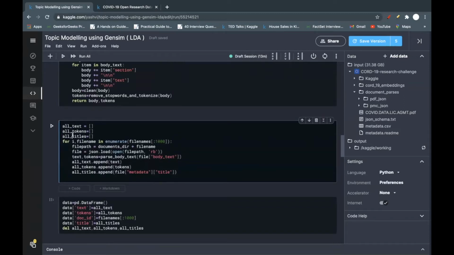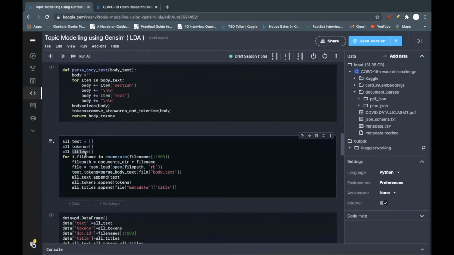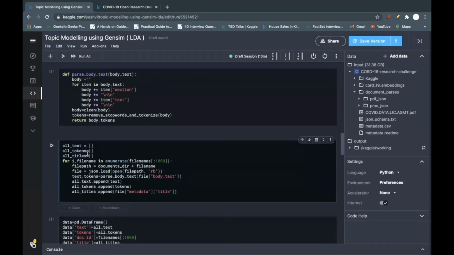I need only the title and body text, and the rest of the information I will not need. So I'm taking each and every file, doing JSON load and parsing the body text.